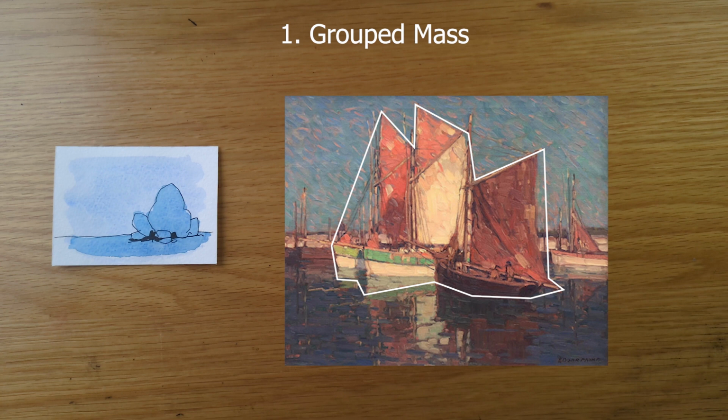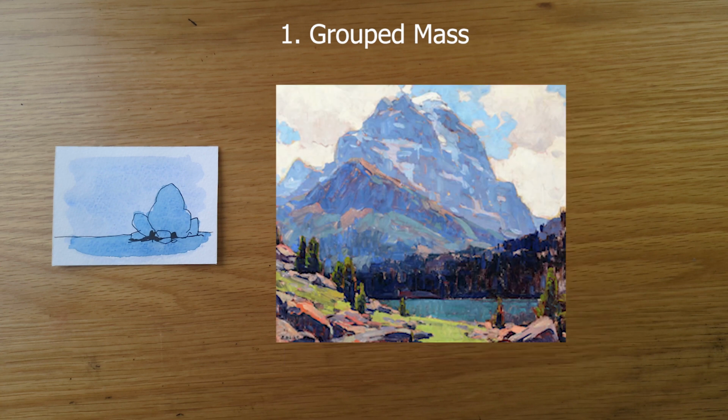So here's another example of a grouped mass of mountains. Again, it's a little bit more central this time, but what he's done is he collected them together to form one big shape. This is really important if you want to simplify a scene. If you're looking at a street scene or something outside and there's lots of different elements, try to think how you can group them together to provide a focal point.